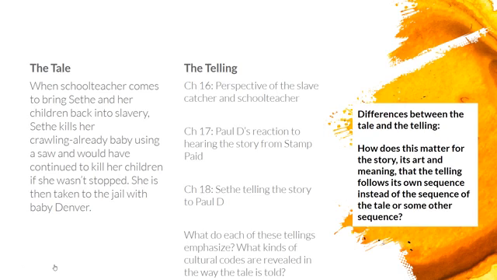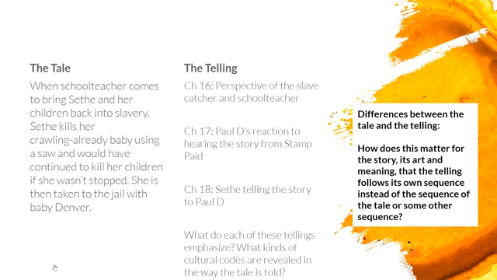But in Beloved, this is told from a variety of different perspectives. In chapter 16, we have the perspective of the slave catcher and the schoolteacher who are telling the story, telling the tale, as it were. In chapter 17, to make things even more complicated, we hear Paul D's reaction to hearing the story from Stamp Paid. And then we hear Stamp Paid's internal thoughts about what he remembers having happened. And then in chapter 18, we have Sethe telling her own version of the tale when she talks to Paul